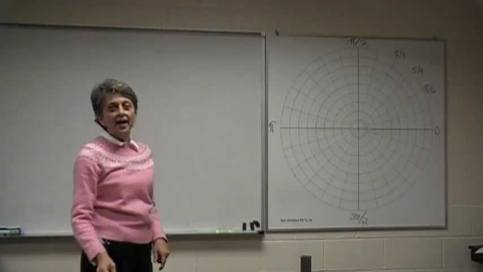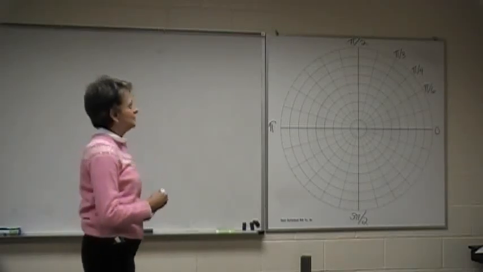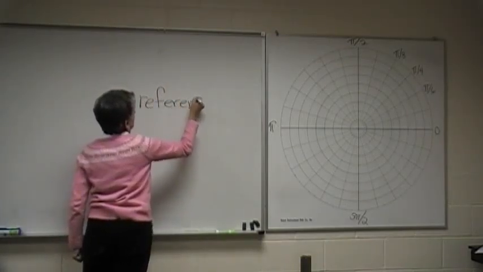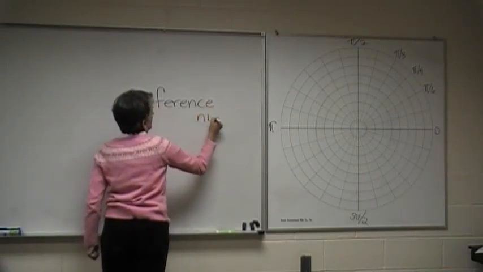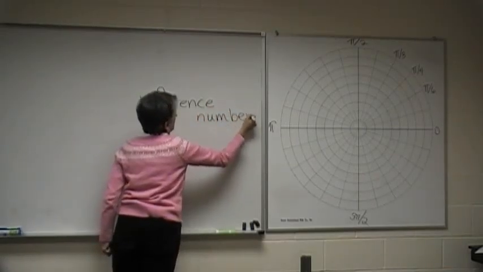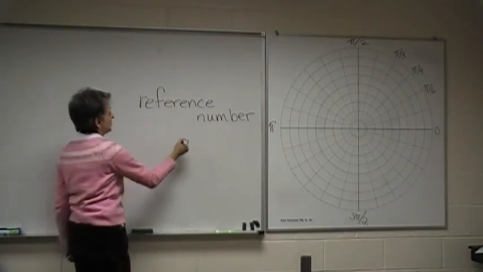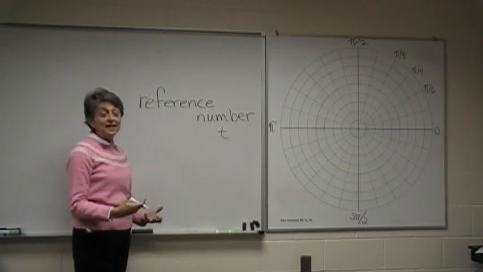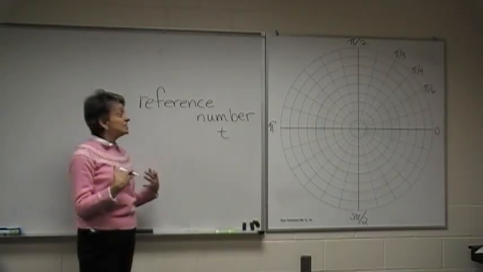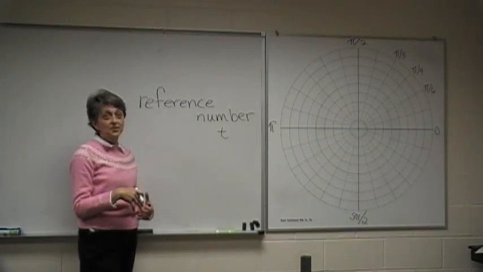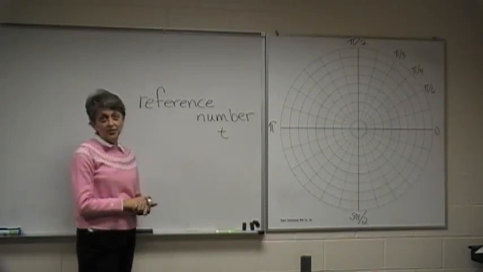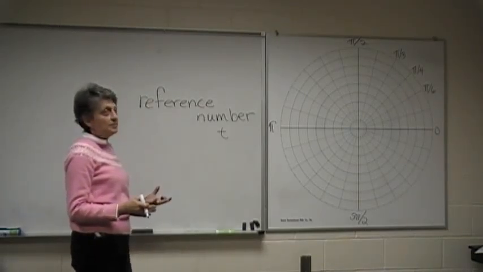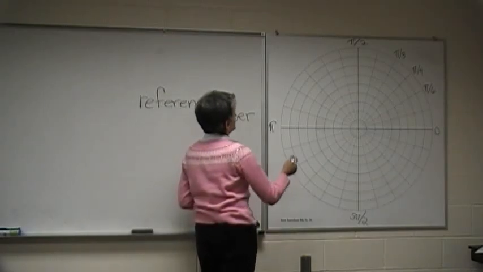We're going to look at reference numbers. A reference number for t. You've traveled t units, this reference, this number around the unit circle the whole time we've been doing this section. Now a reference number, for example, if I have